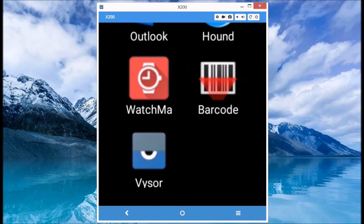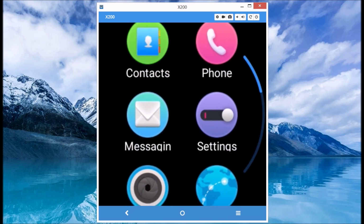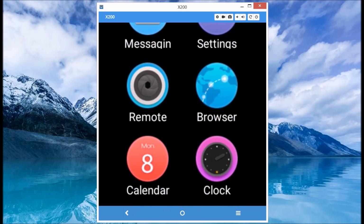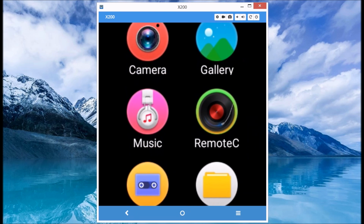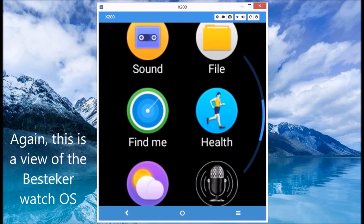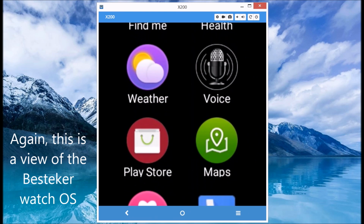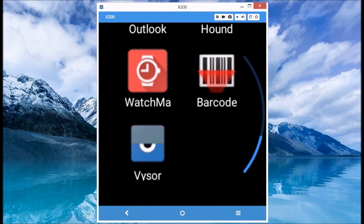So what I'm going to do is swipe to the right, and I'll just show you this big long list of apps that comes with it. I'm not going to name each one. Let me just scroll down so you can see what's in here, and then I'll highlight the cool stuff. Okay. It does have the capability to control your phone, so you can use it as a remote control to take a picture with your phone, for example. So you can set your camera or even your phone on a tripod, and then use this